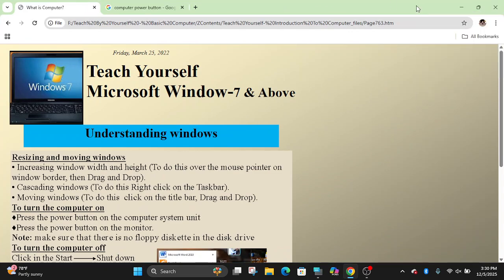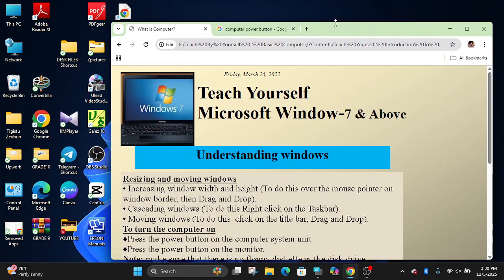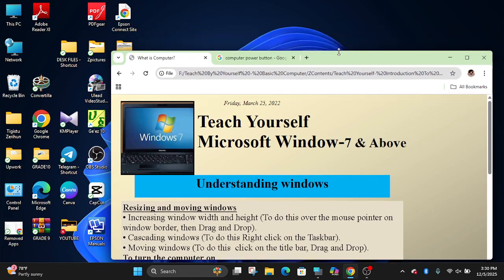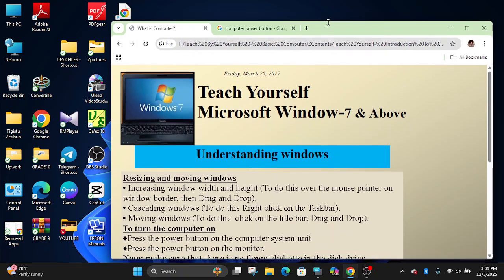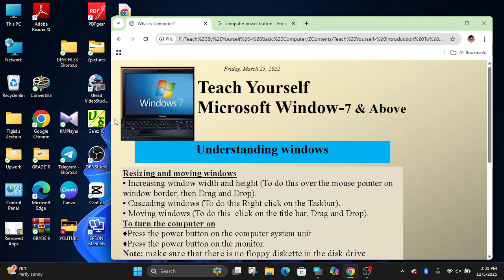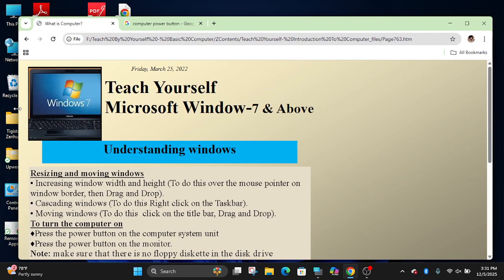The other option is to just double click, and we have an option to see the mouse pointer. It changes into a double arrow. Then moving the mouse pointer while holding down, it changes the window size, the height and the width. You can enlarge the size.